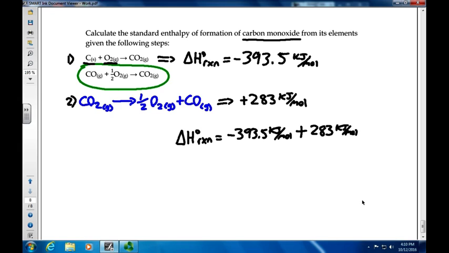And in so doing, you will find that the heat of reaction of creating carbon monoxide is negative 110.5